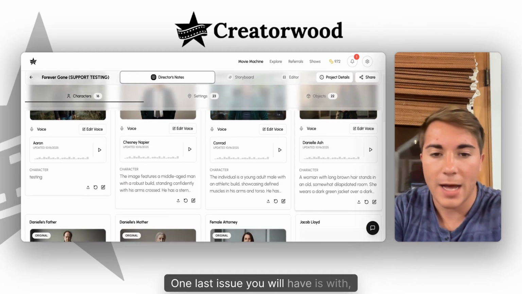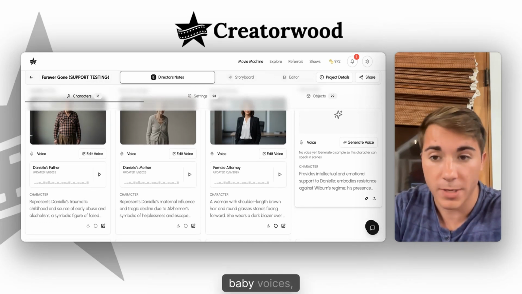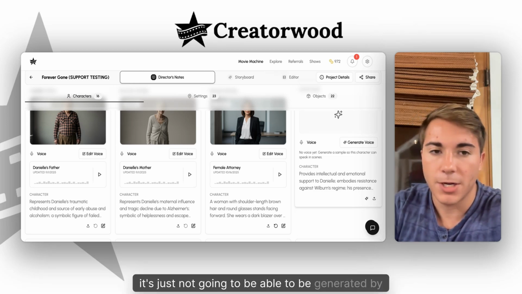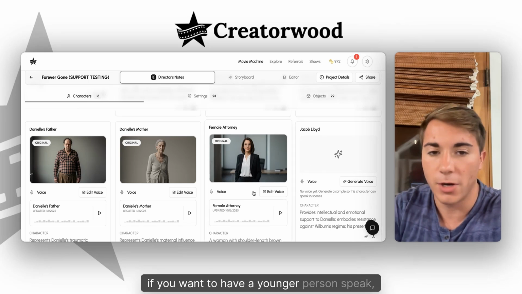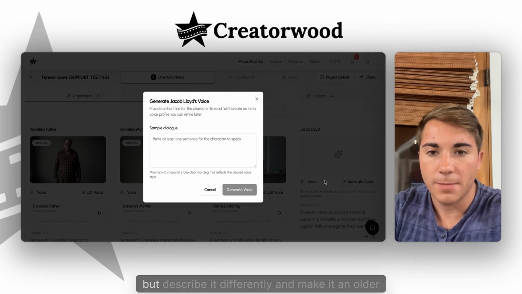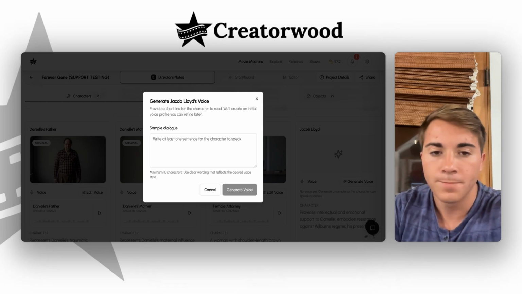One last issue you will have is with what we'll call voices of children, or quote unquote baby voices. If it's someone who's younger, it's just not going to be able to be generated by AI oftentimes. So the best way to do this, if you want to have a younger person speak, is either to generate the voice but describe it differently and make it an older voice if they're a younger character, or you can